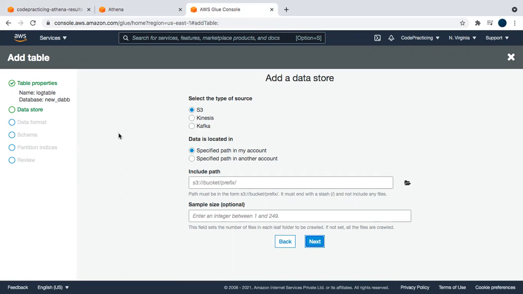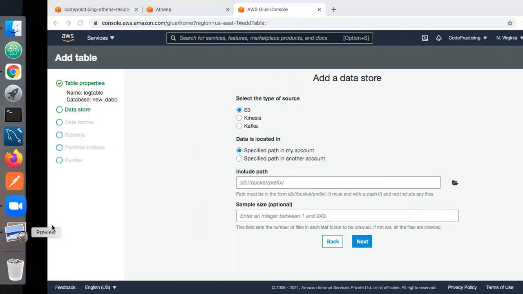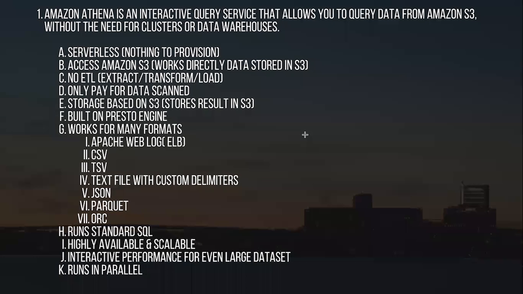There is no ETL, it is built on Presto engine. It stores the result of your query in S3. It works on many formats: Apache Weblog, CSV, TSV, text file with custom delimiter, JSON, Parquet, ORC. It runs standard SQL and it runs in parallel.